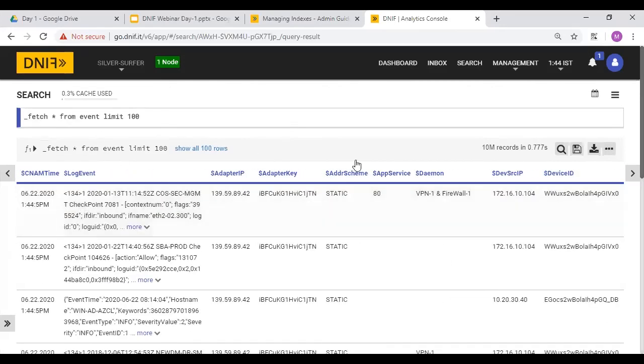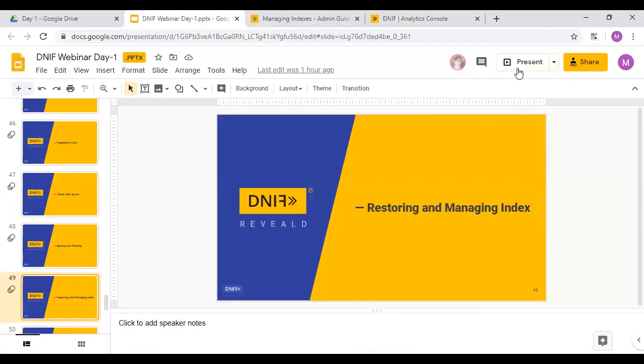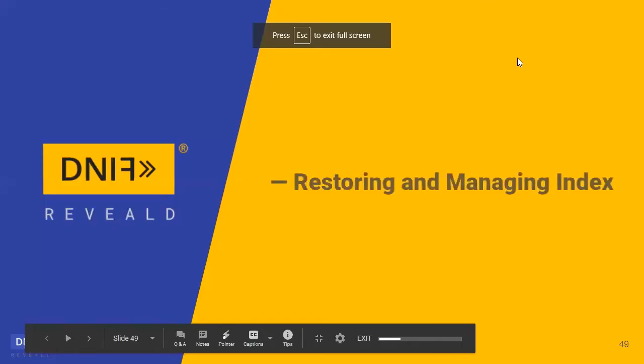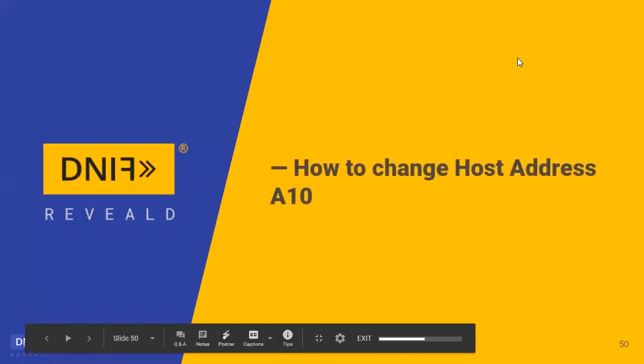This is very important information where you can do a lot of things, not only correlation, but also for machine learning enthusiasts. So you have lots of information with you. That is where you do the operation of restoring and managing your indexes. So you have seen this.